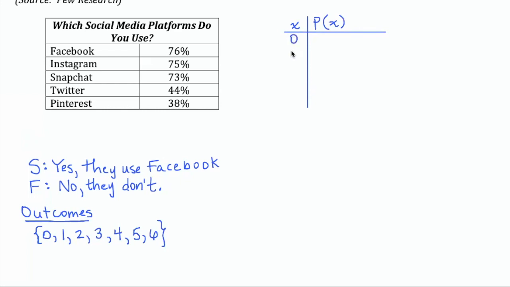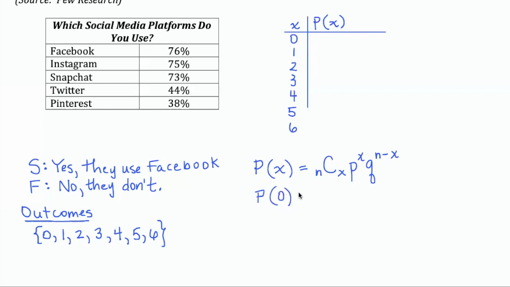So my possible outcomes, again, are 0, 1, 2, 3, 4, 5, and 6. And since I can think of this as a binomial probability, I can calculate those using our formula. The probability of X successes is always nCx times p to the x power times q to the n minus x. So for example, if I want to calculate the probability that none of the people use Facebook, I'm going to say the probability of no Facebook users would be equal to,